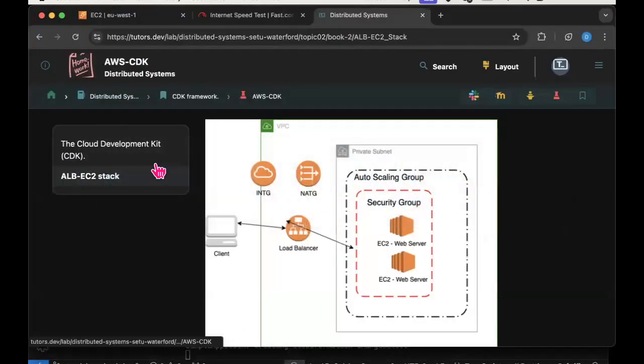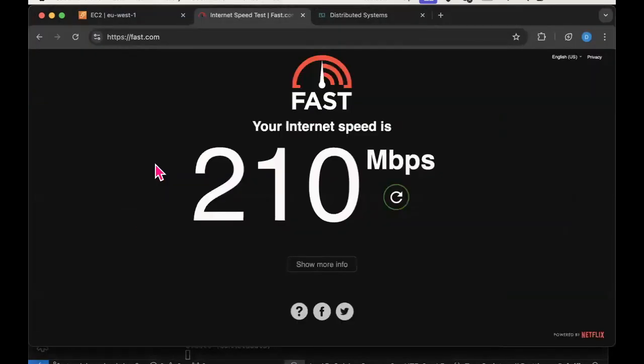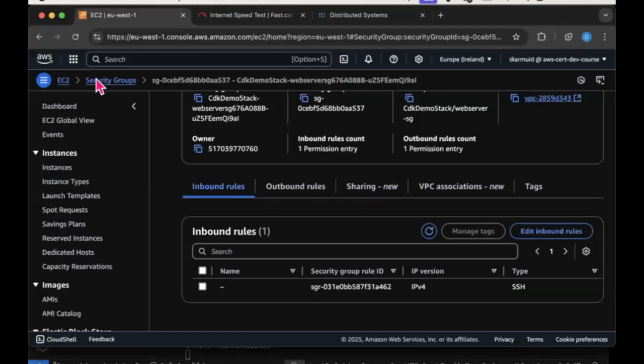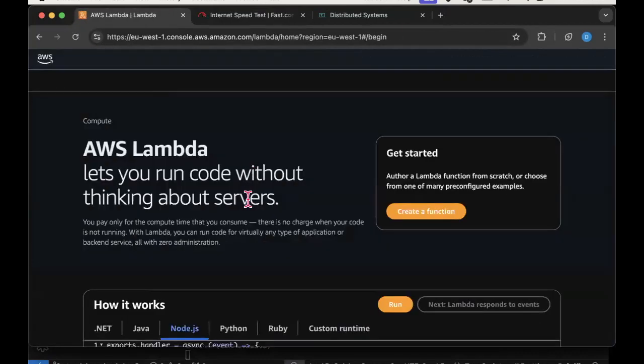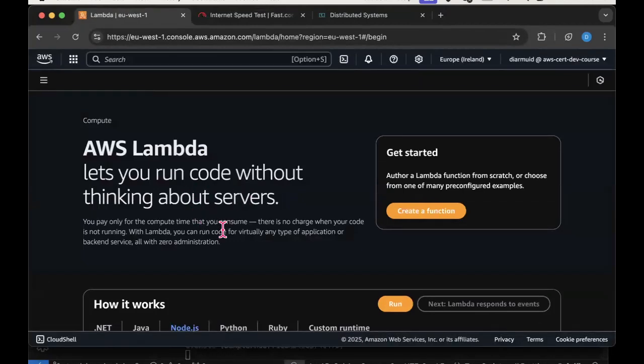If I quickly just look at the Lambda service, I'm logged out. Serves me right. Am I logged out?